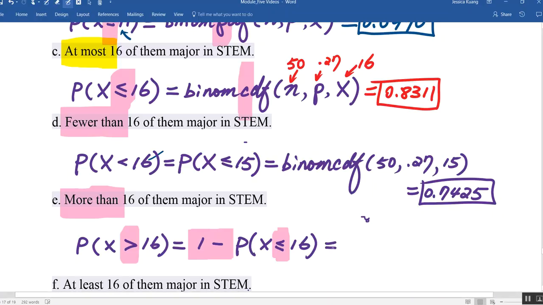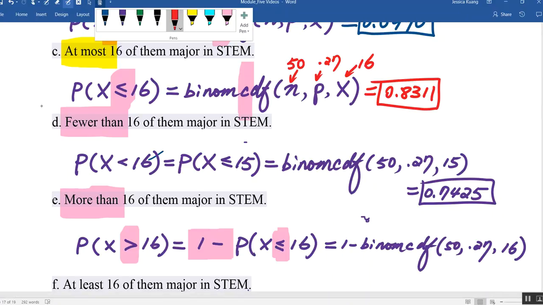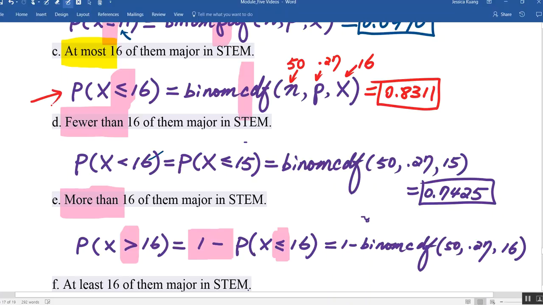And from here, notice that this is really just 1 minus binom CDF of 50, 0.27, 16. You could go ahead and type that into your calculator, or you could use the fact that we already carried out this calculation up here. So we could go ahead and subtract 0.8311 from 1, and that would give us,